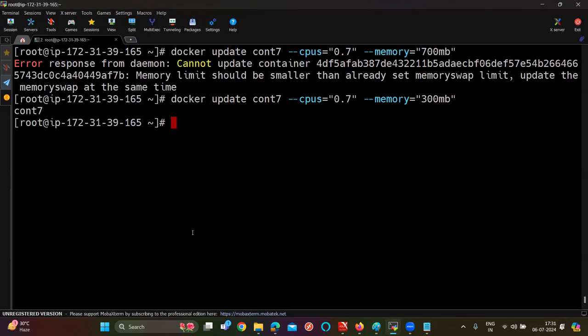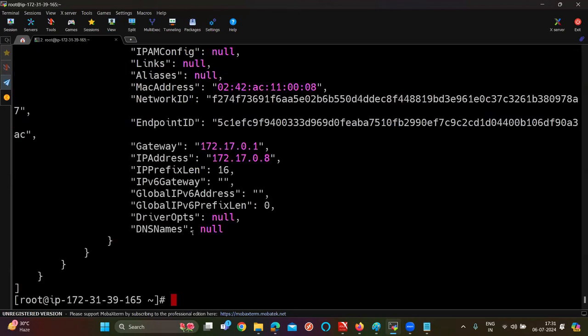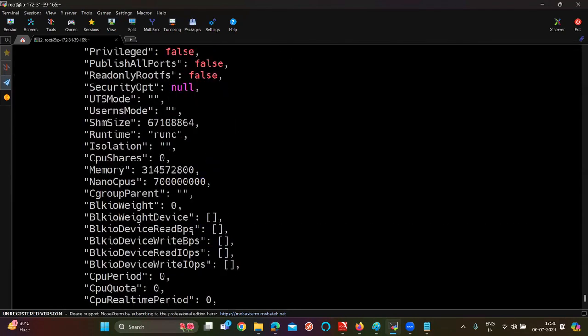So that means if you try to give more memory than our host has, is it accepting? Why? Because our Docker host capacity is 1 GB. If you try to give more than 1 GB, it is not going to accept. In that case, try to increase the memory limit of your host itself. Now go ahead and give docker inspect container number 7. You can see the inspect value. Memory is 300 MB and CPU is